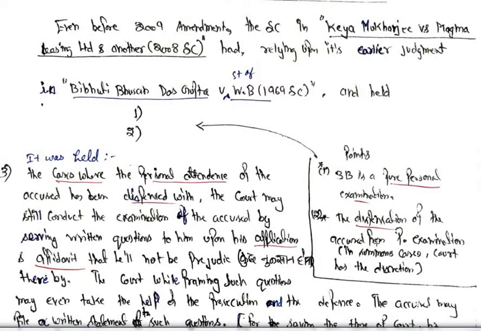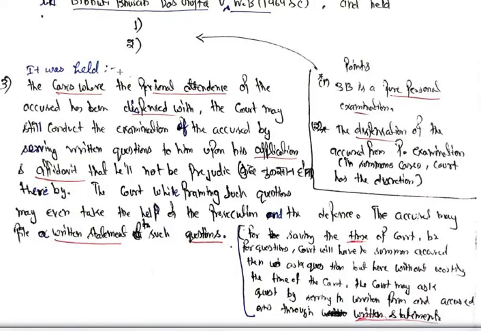ये लिखवा ही चुका हूँ मैं आपको। In the summons case, the court has the discretion. So these 2 points you already know. इसको पहले ही डिक्टेट करा चुका हूँ मैं कि 313 का बयान is a pure personal examination होगा, और in summons cases, dispensation of the accused from personal examination can be done on the discretion of the court. तो इन दो पॉइंट को आप दोबारा उसी तरीके से लिख सकते हो, पहले लिखवा चुका हूँ। Now write down the third point. First two तो ये हो गए,